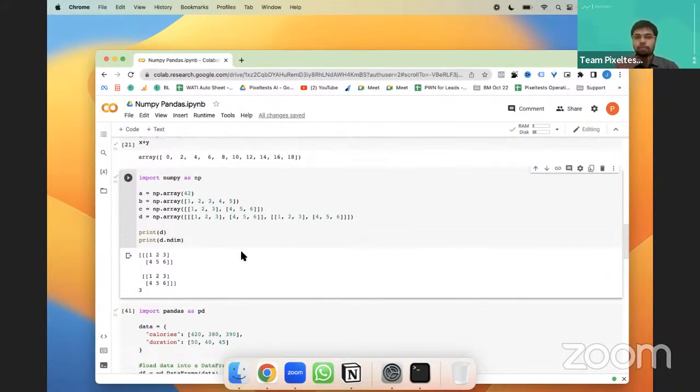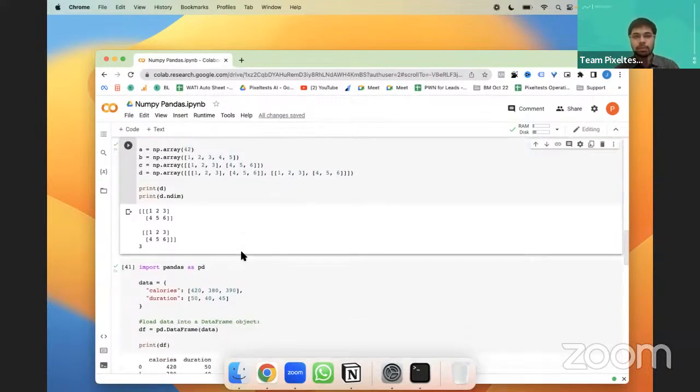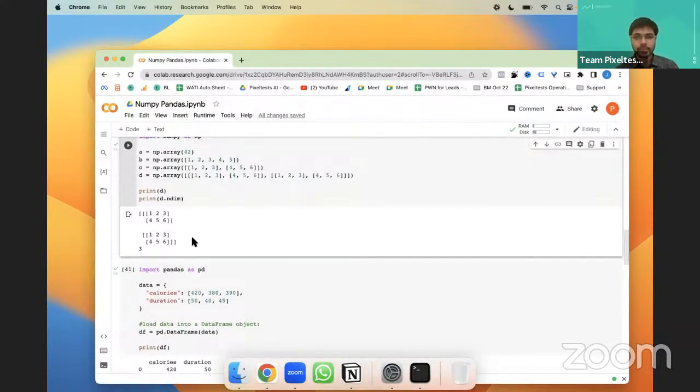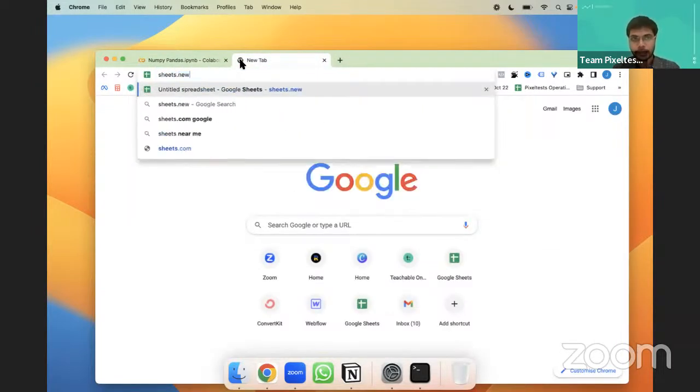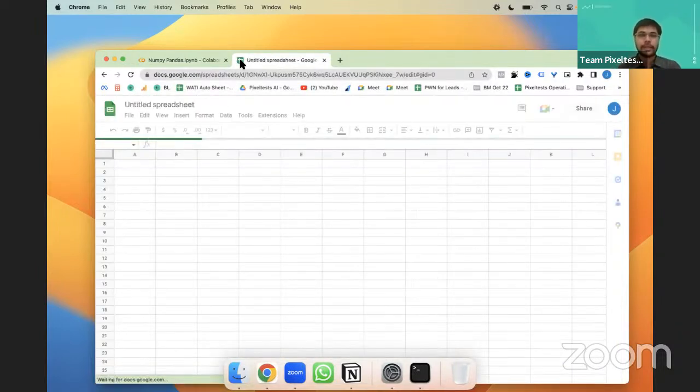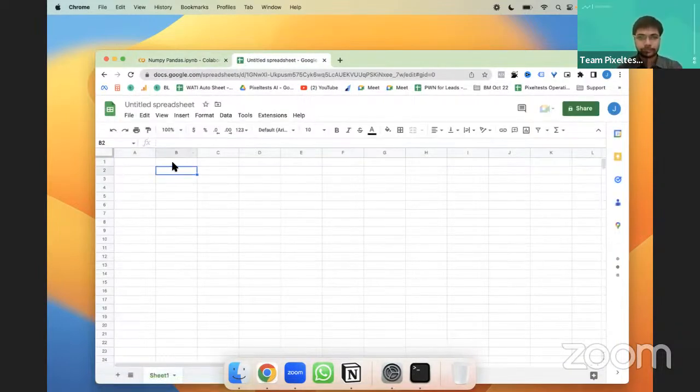So we'll further use these concepts, but the challenge with arrays is you normally work with tables, right? For example, if you want to create a table, I'm just going to give you an example. Now we are going to create a table, let's just say calories, and we are going to say the duration. This is a random table, right? So then the first row, second row, and third row, let's just say something like that.